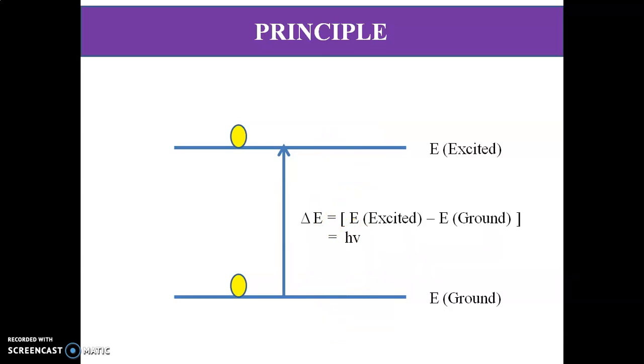Absorption of an electromagnetic radiation in the visible or UV region by molecule is due to the presence of chromophore in the absorbing molecule. So chromophore is a covalently unsaturated group which is responsible for the absorbance of electromagnetic radiation in the visible or UV region. It may or may not impart any color to the compounds. For example, carbonyl group, alkene group, nitro group, alkyne, etc.